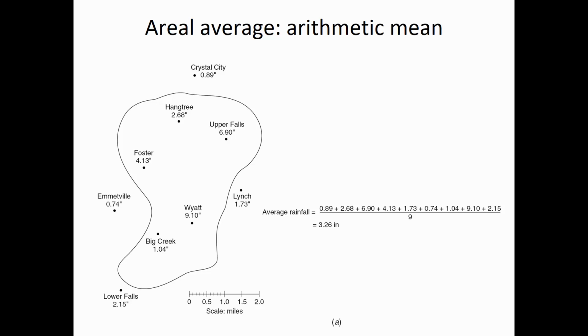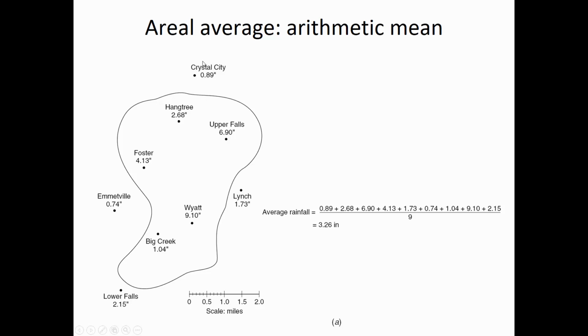What if we have a lot of different rain gauges inside and surrounding that watershed? So just a simple areal average only takes into account the rain gauges that are inside of the watershed, and it ignores those on the outside. So we're going to look at different ways of calculating an average. This is the simplest of them. They all have equal weight, and